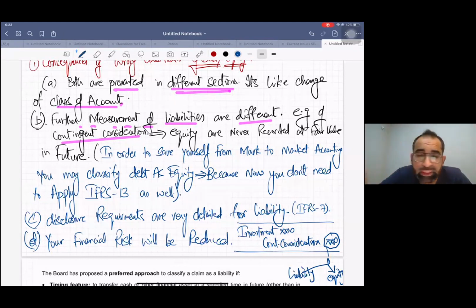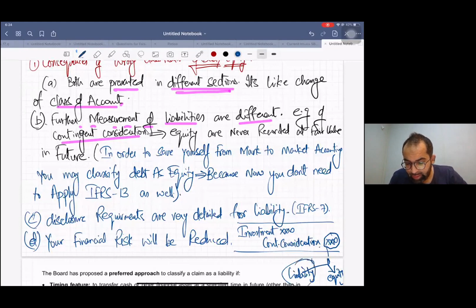No more future changes. In future, you don't need to bring equity to fair value. You don't need to do any mark to market accounting for equity. In future, you don't change it. Even you have seen this type of question in your consolidation. But if